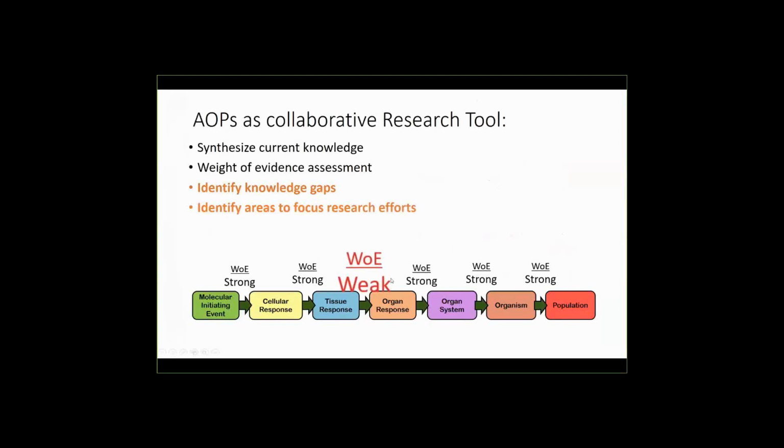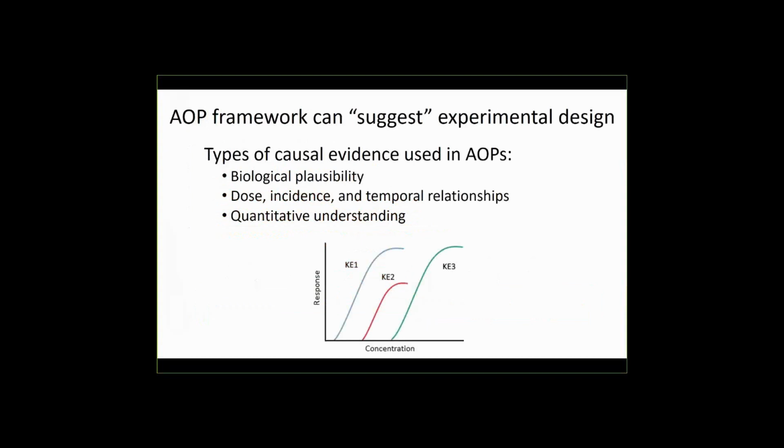So this allows you to identify areas where you can focus your research so that there's no duplication in efforts. You're not doing what people have already done. You're not adding information to an area that's already well understood. You can really identify the weak points in the area and generate data that has the greatest impact.